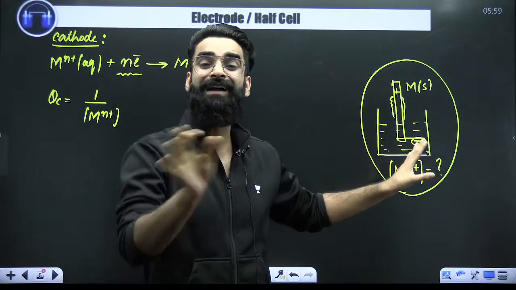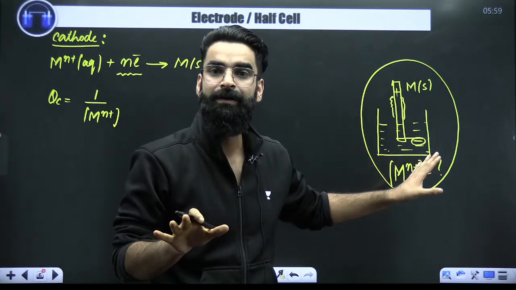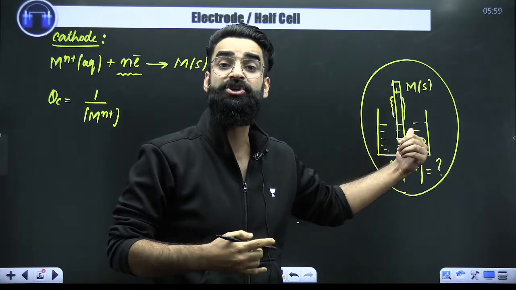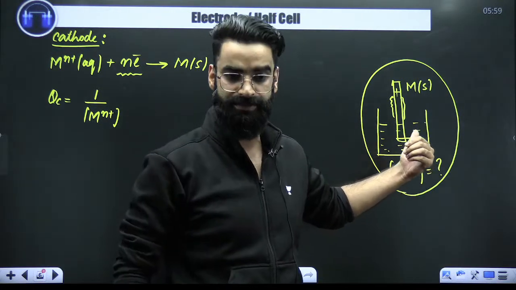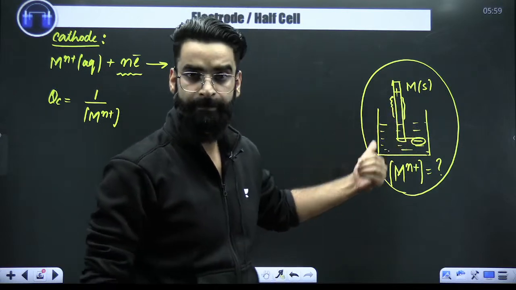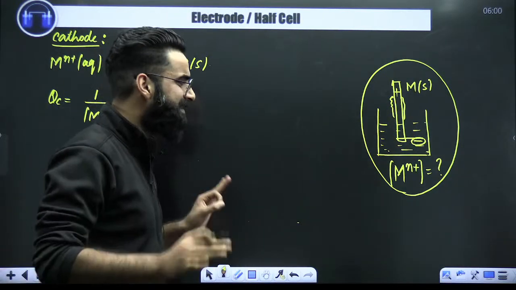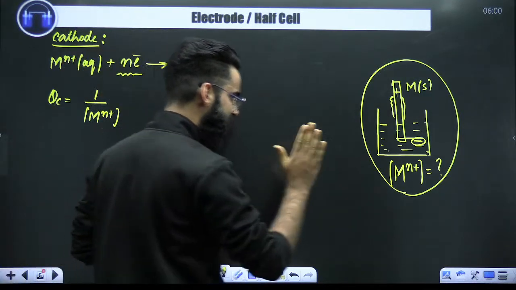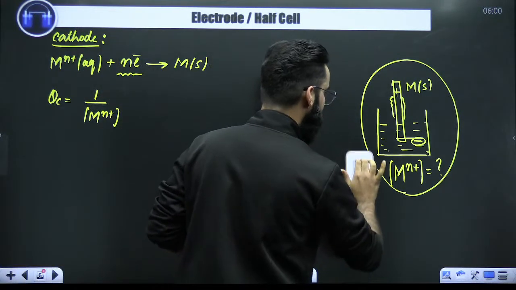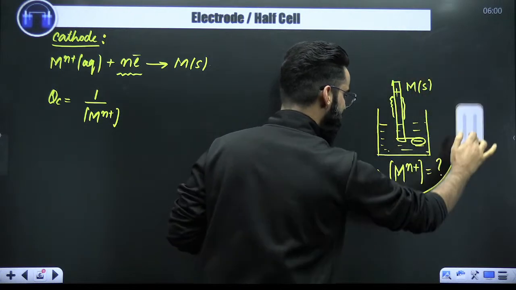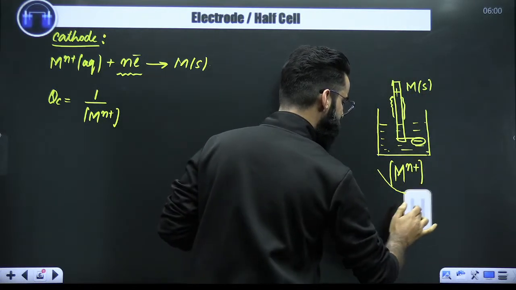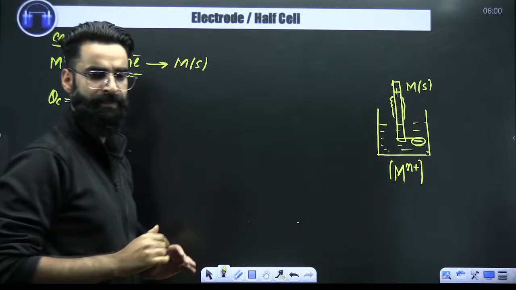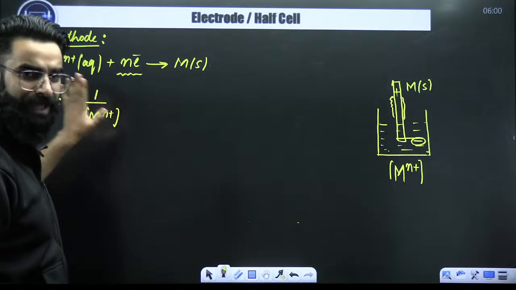Imagine the conditions are not standard. So I'll be calling this electrode potential under non-standard conditions, right? Perfect. So leave all this aside, we have discussed this in detail. I just need one thing here. I told you that I've got an electrode and I want to calculate its reduction potential under non-standard conditions. Okay. So till here, I'm done.